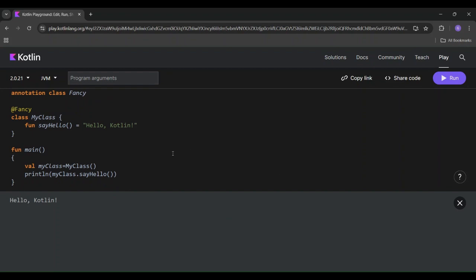Coming to the next one, arrays in Kotlin. Arrays are fixed size collections of elements of the same type. For example,